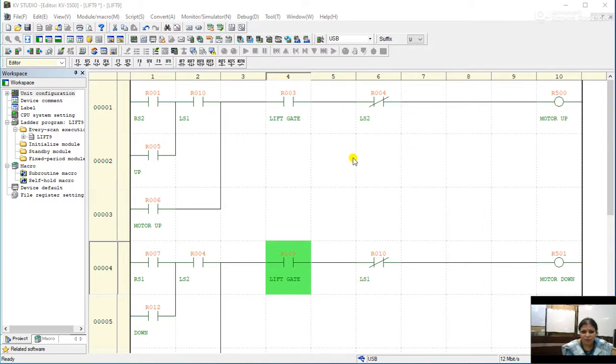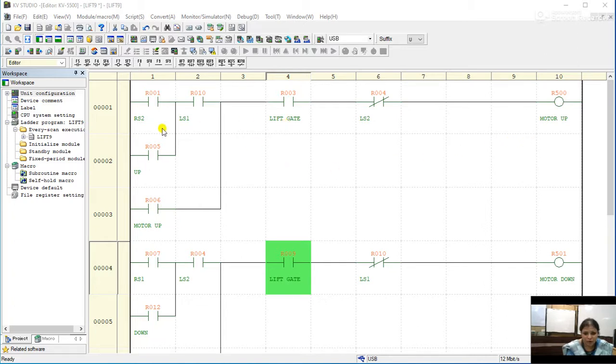So now let us see its simulation. Let me explain clearly. When the lift gate is open, no motor will get turned on, to ensure safety. As long as the lift gate is open, our output will be in an off state. It indicates clearly that the lift is not set into motion.